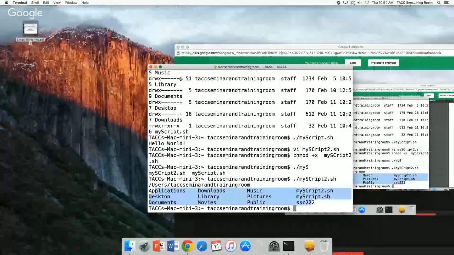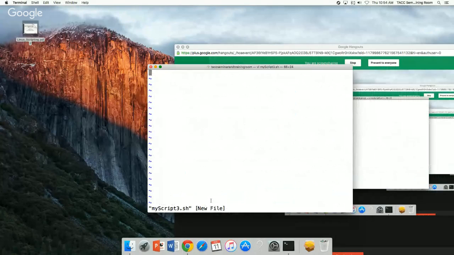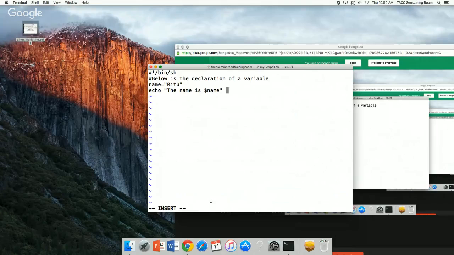how this all works. So I'm creating a new script. Let's call it myscript3.sh. And in the script, I'm going to copy paste everything. And just to rehash, the first line is the standard hash exclamation bin sh. The second line is a comment, and we know that it's a comment because it has a pound in front of it. Then I have a variable defined, and this variable is called name,